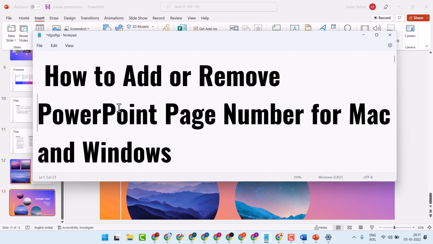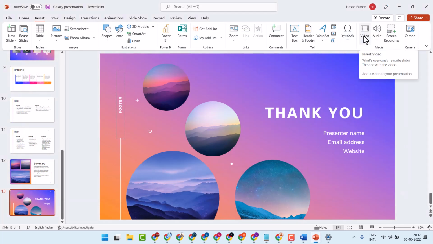Hello friends, in this video today I will show you how to add or remove PowerPoint page numbers for Mac or Windows users. So if you are using Windows or Mac, any device, to insert page numbers,